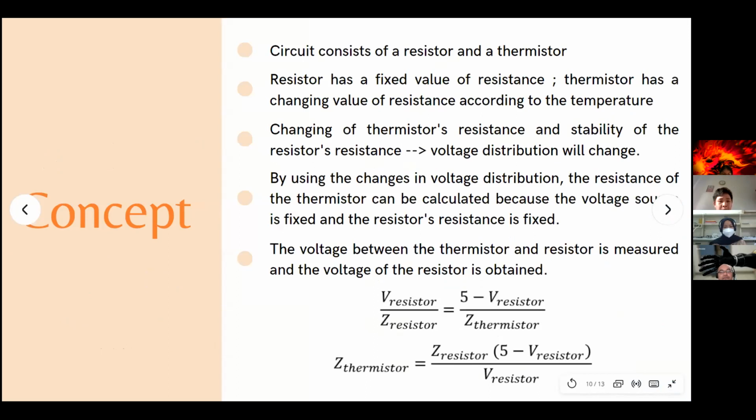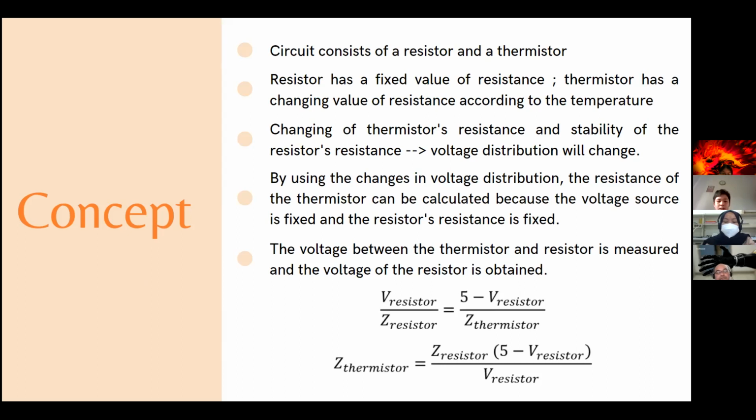Next. For the concept, the circuit consists of a resistor and a thermistor. The resistor has a fixed value of resistance, while the thermistor has a changing value of resistance according to the temperature. The changing resistance of the thermistor and the stability of the resistor's resistance yield a changing voltage distribution. So by using these changes in voltage distribution, the resistance of the thermistor can be calculated